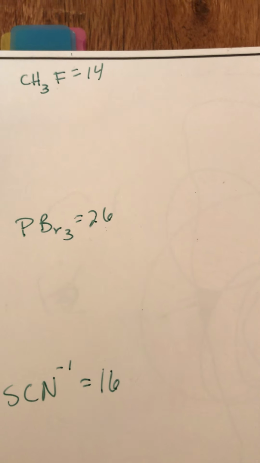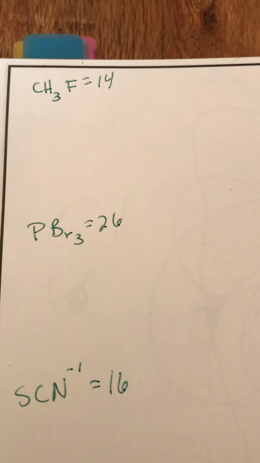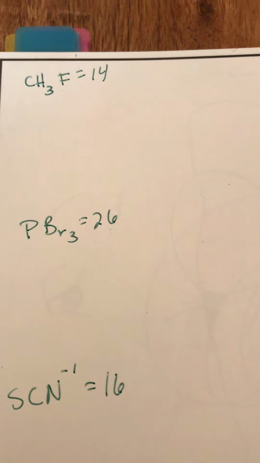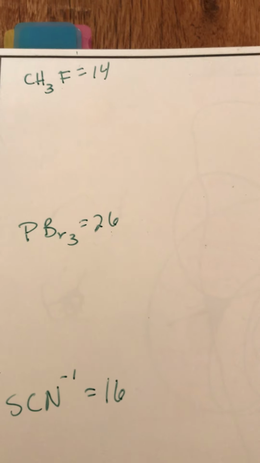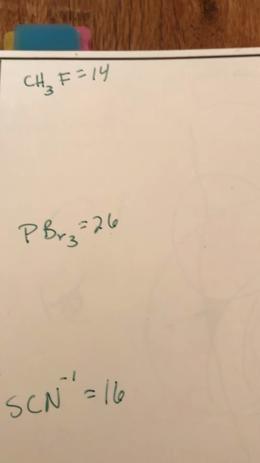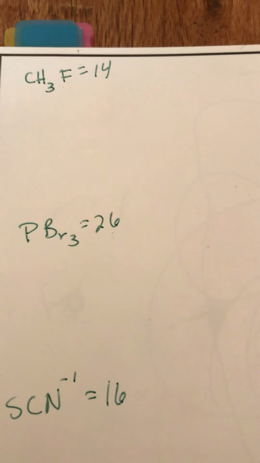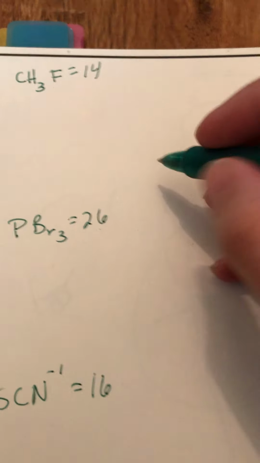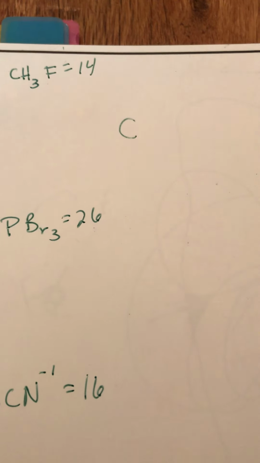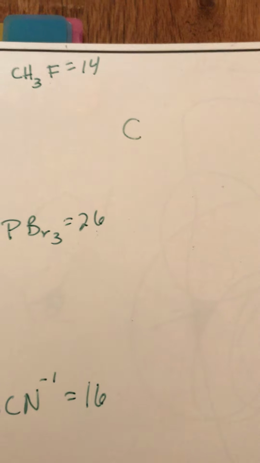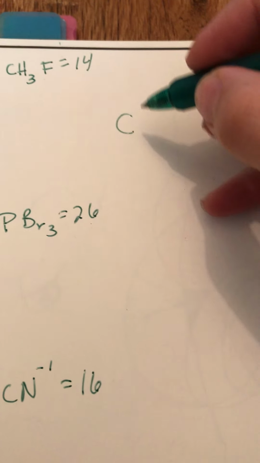The next thing you have to remember is what's going to be in the center. From our rules, we know that carbon is always in the center, or you could say hydrogen's never in the center, or it's the one with the least valence electrons that's not hydrogen. So carbon fits the bill for those. So I'm going to put carbon in the center,